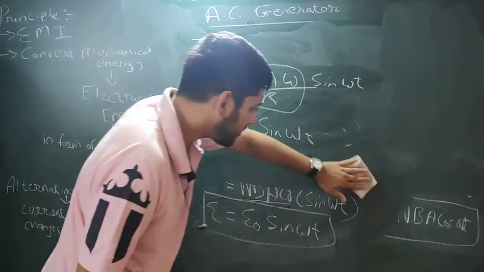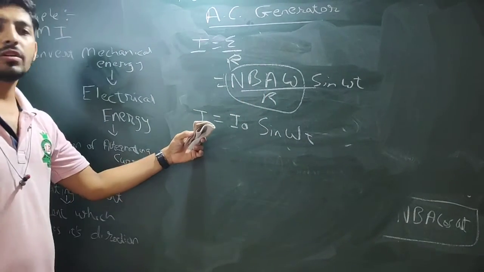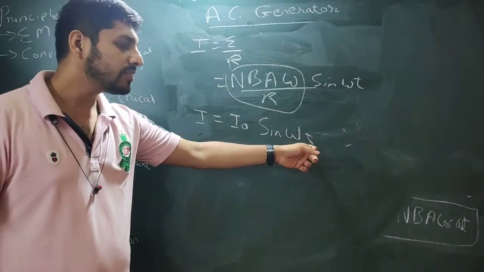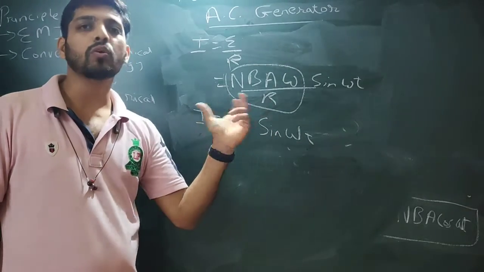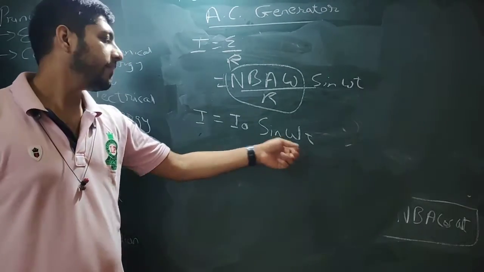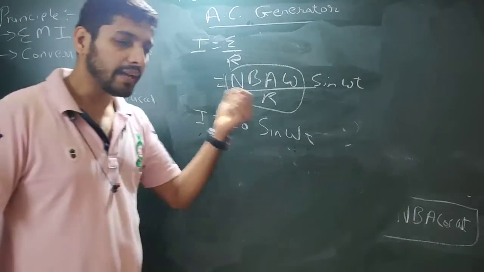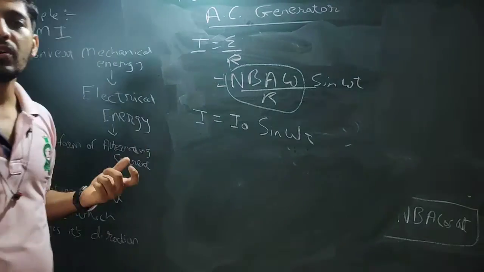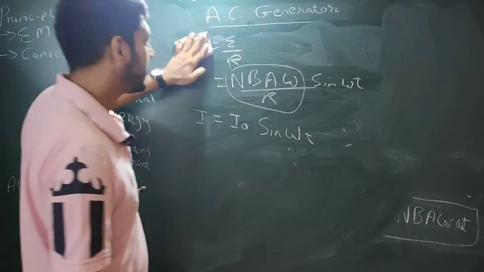Can I write it in this form? So we have got the two things, that is induced EMF and induced current. What changes over here is that with time the angle changes. As the time passes the rotation changes, and when the rotation changes the angle will change, which means that the value of current changes constantly. As and when the time changes, the value of current will change. So for that we'll make a graph. Just copy this very fast. Pause the video and copy it.